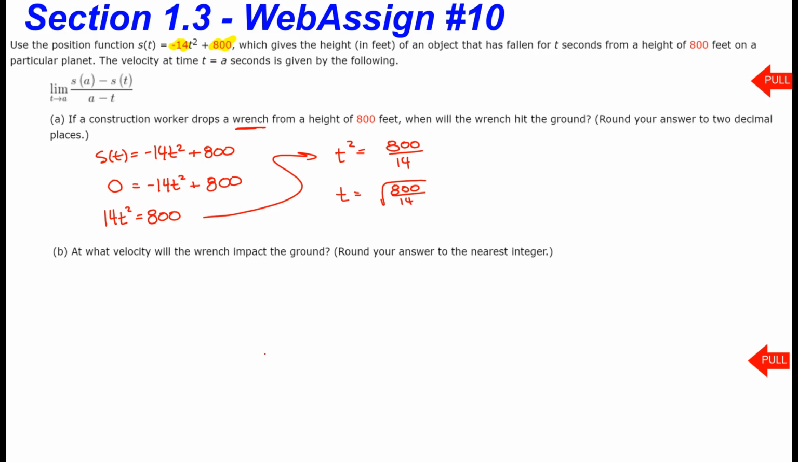of the positive one. And then when I grip and rip it on my calculator, they've asked me to approximate it to 2 decimal places. I get 7.56 seconds. So that's the answer to part A. And most of you should have, I hope that you could have done that one